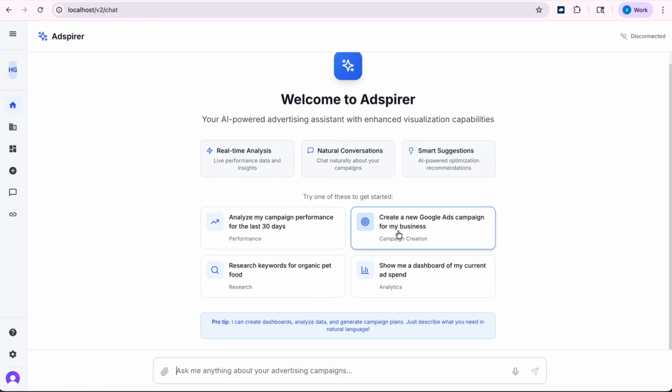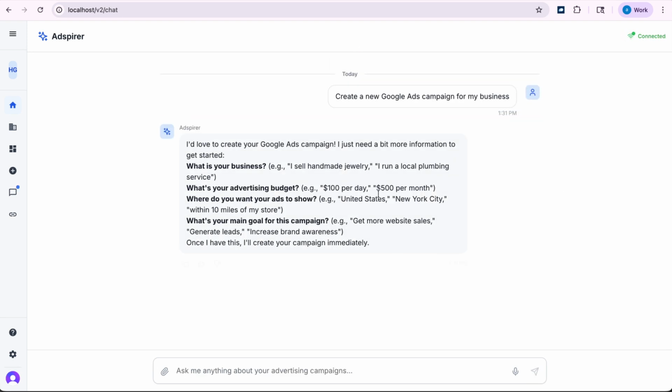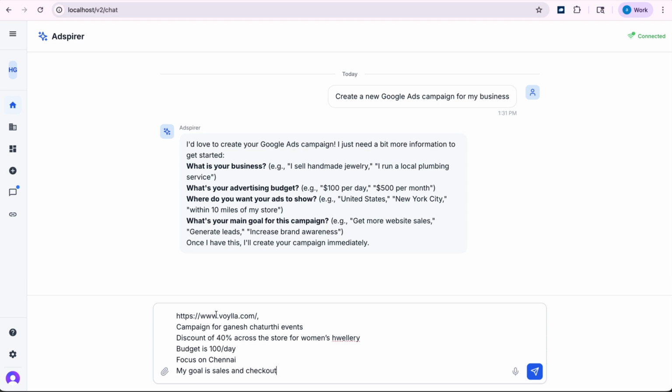So let's say we want to create Google Ads. The agent is actually going to use a chat and conversational process to create ads. Let's say we want to run ads for a prompt. What I'm saying here is we are running a Voila campaign for Ganesh Chaturthi events. Discount is 40% across the store for